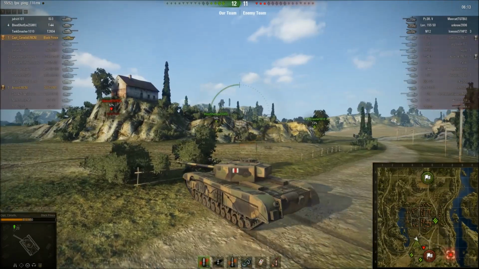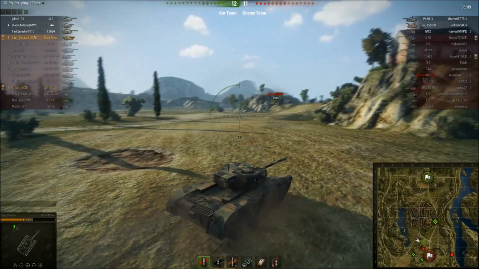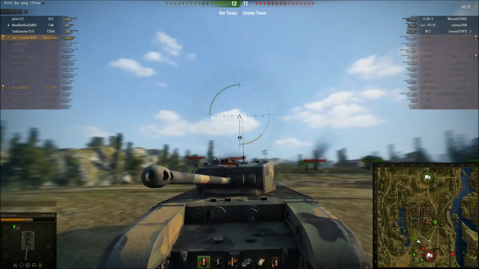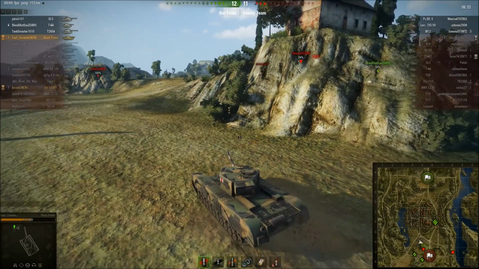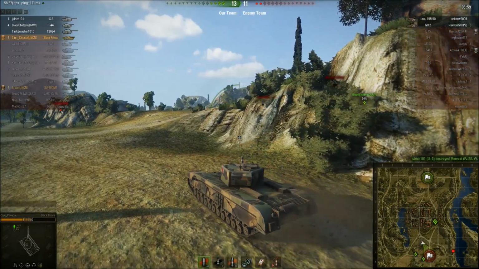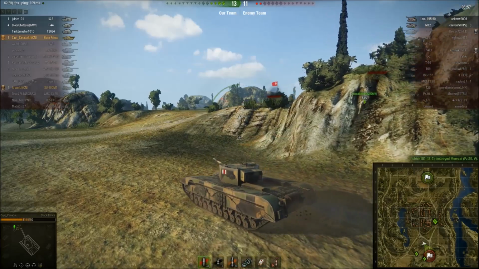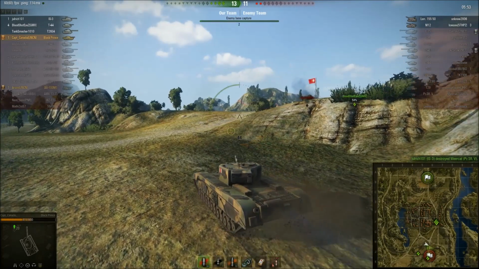So, as you can see, the mobility's bad, but what can you do? The armor's pretty good. It works. You're going to get a hit from time to time, like he shot me in my weak spot right there. But I like the gun. I like the accuracy. The gun depression is good. The armor's good. It covers two of the pillars of tank design pretty well, and